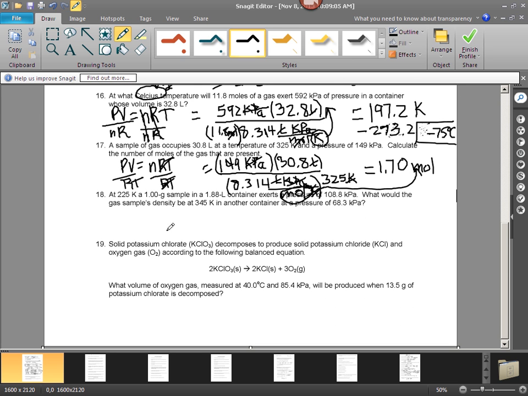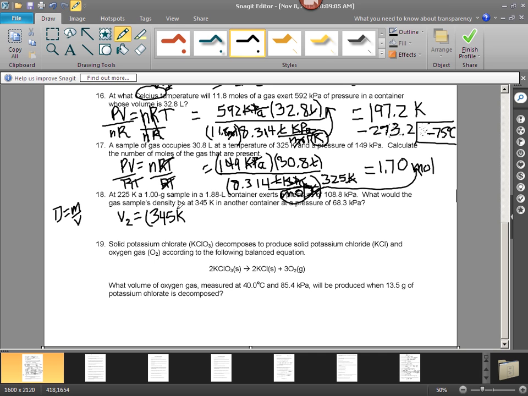Number 18. Number 18, we need density, which is a little different. It's a little harder problem. Density is equal to mass over volume. They've given us the mass. What we don't know is the new volume. So we're actually going to use a combined gas law on this. And solved for V2, I'm kind of going fast. Solved for V2, the combined gas law will end up being P1, V1 over P2 times T2. And then if you put all the numbers in,